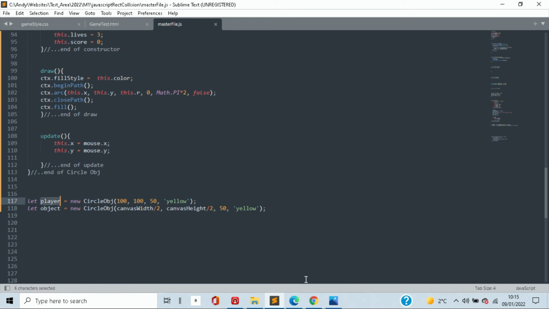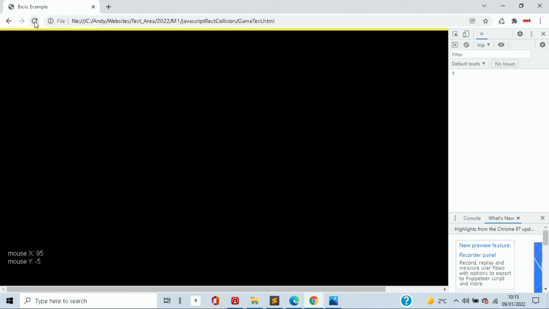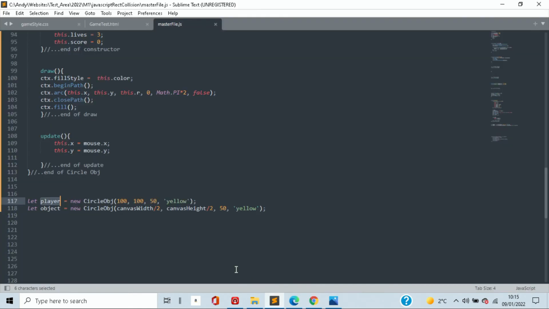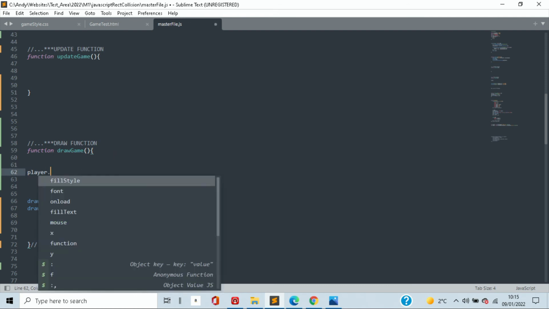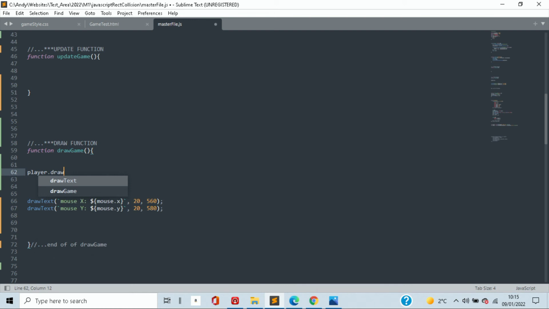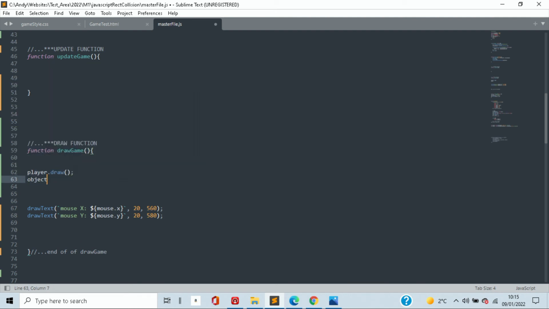Now let's go back to our browser, click refresh, no errors. So we've done something right, which is always good. Right, so I need to place these on the canvas. I'm going to go to my draw function. As you can see, it says draw function there. And I'm going to place the player on the screen, so I'm going to put player.draw. From that circle object, I'm grabbing that function that's telling it to draw. And I'm going to do the same thing with the object, object.draw. And hopefully, when we go to our browser,